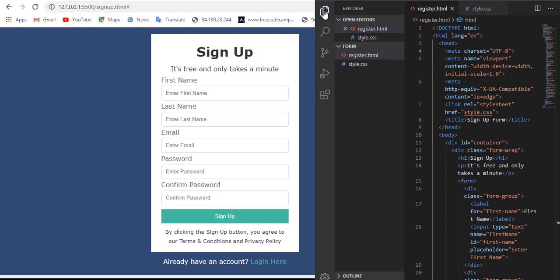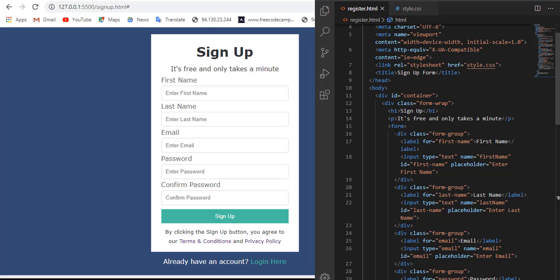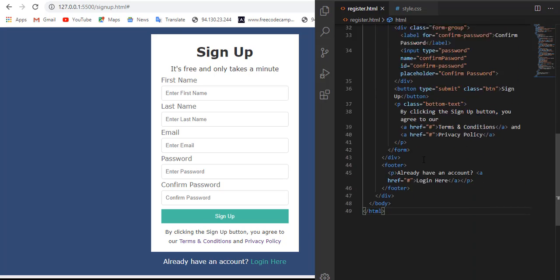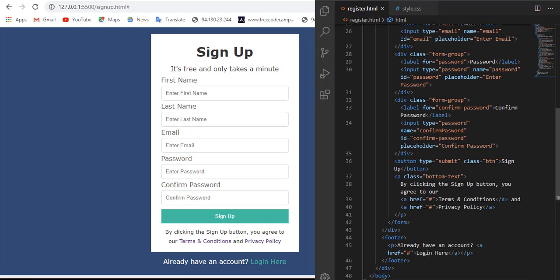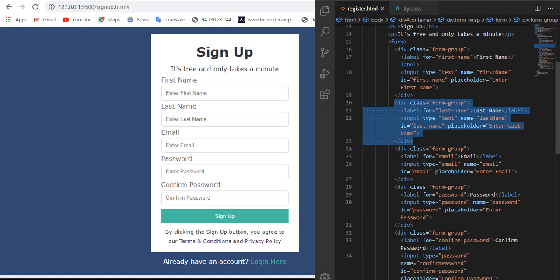So here I have an HTML, so you can go to the first link down in the description so that you can grab this markup. And I'll take you to the CSS. So here I have it linked. Here it's a heading first of all. This is our first input element for the first name. The second is for the last name.